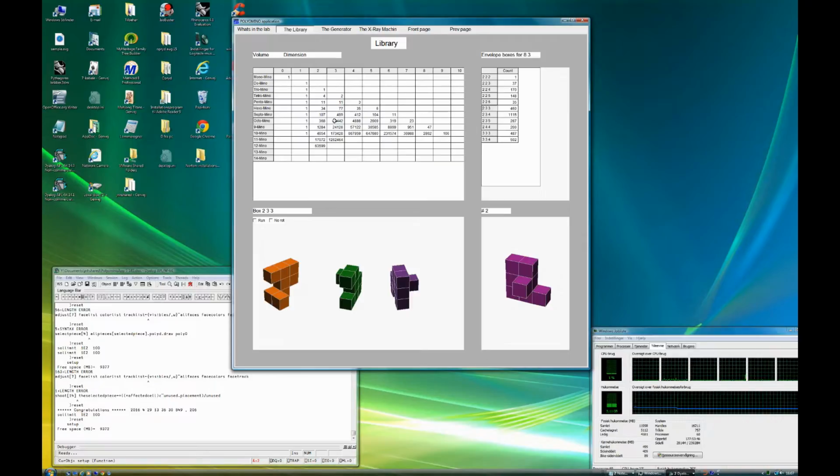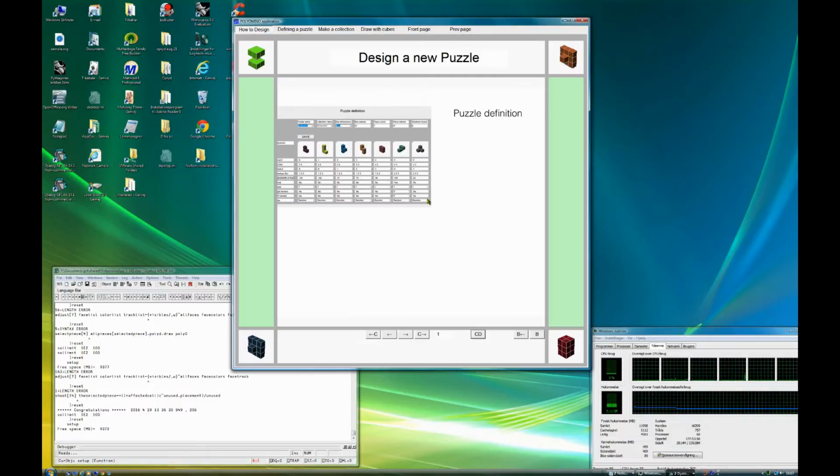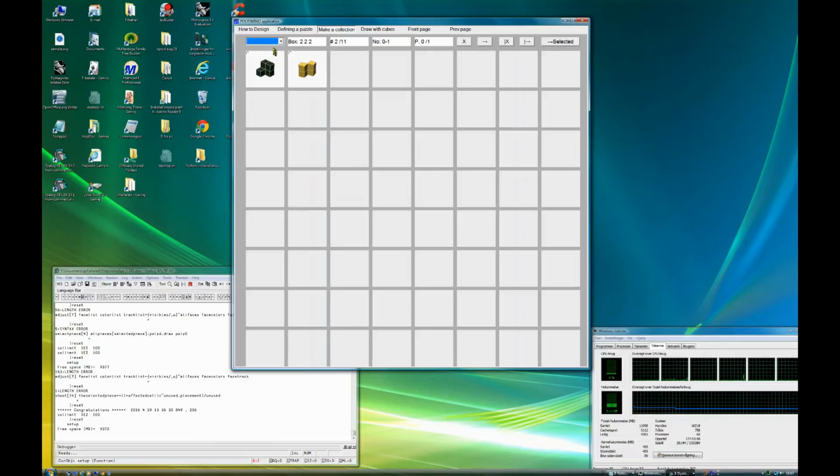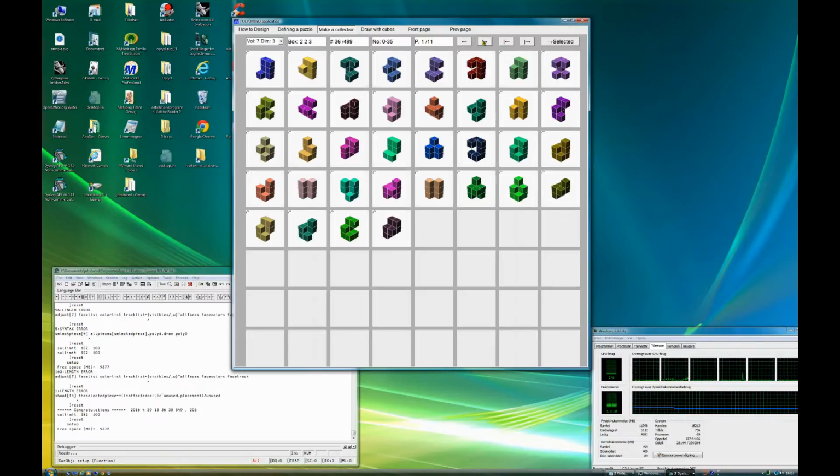Any one of these pieces could go into a puzzle. So you will need to make a collection, and you can do that by visiting the library in this way. And then you can see there's another way to show these pieces, and then you can select